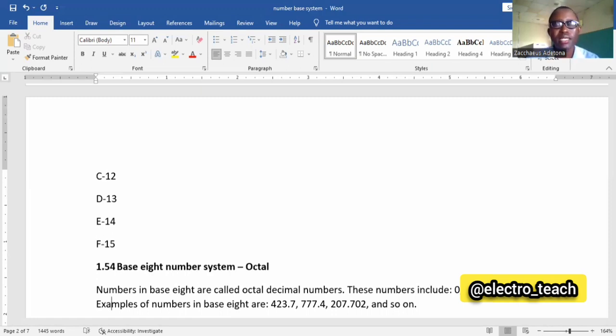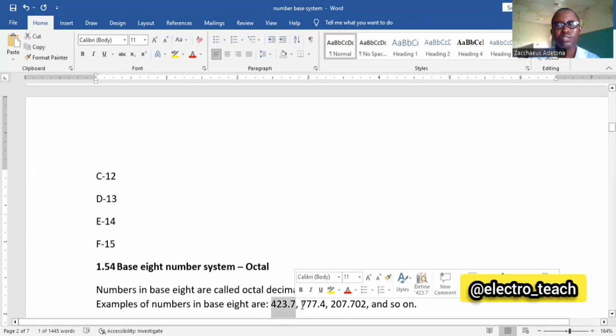Now, any numbers expressed in base 8 will be from 0 to 7. We cannot have 8 and above because we are dealing with base 8. All the numbers we are using will be less than 8, to include 0 to 7. So you can have numbers written like this on the screen that you are seeing here: